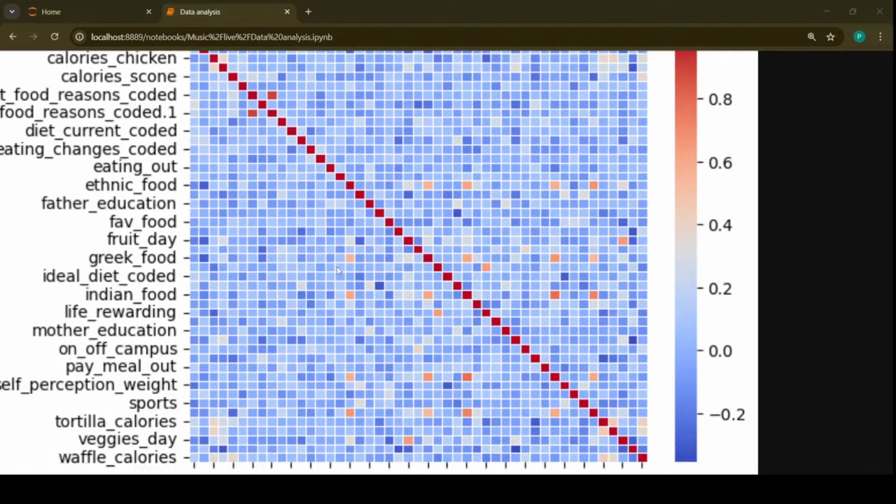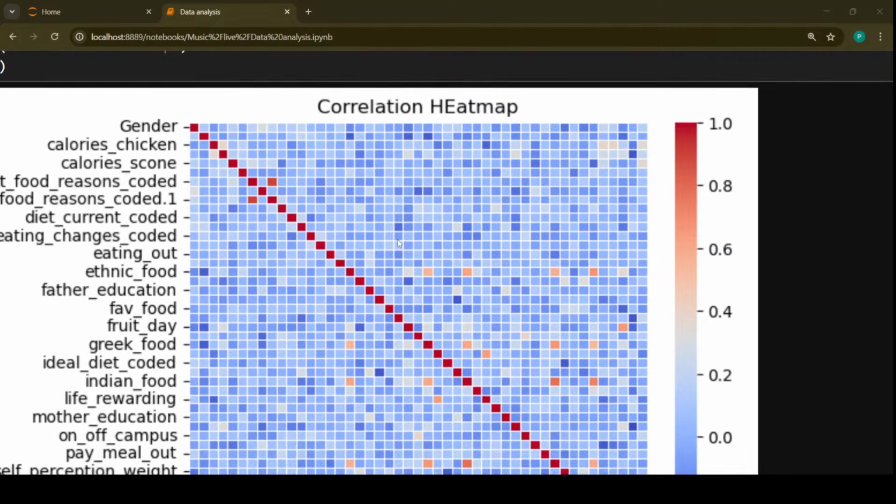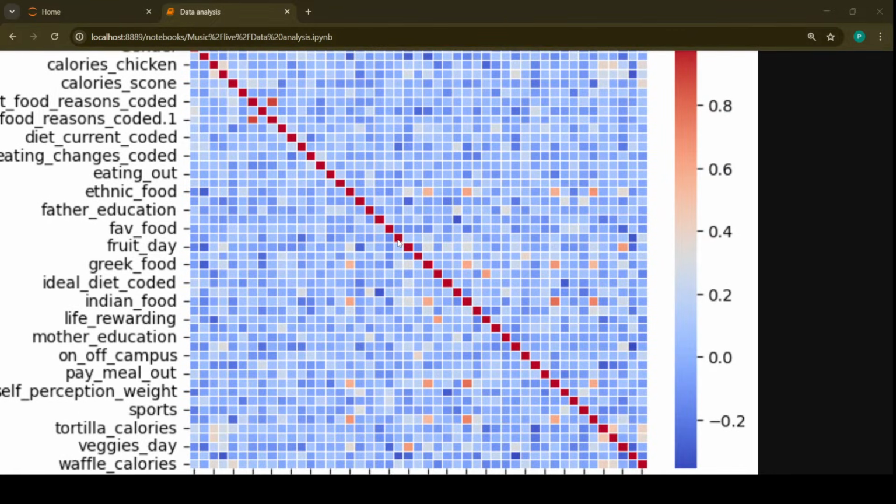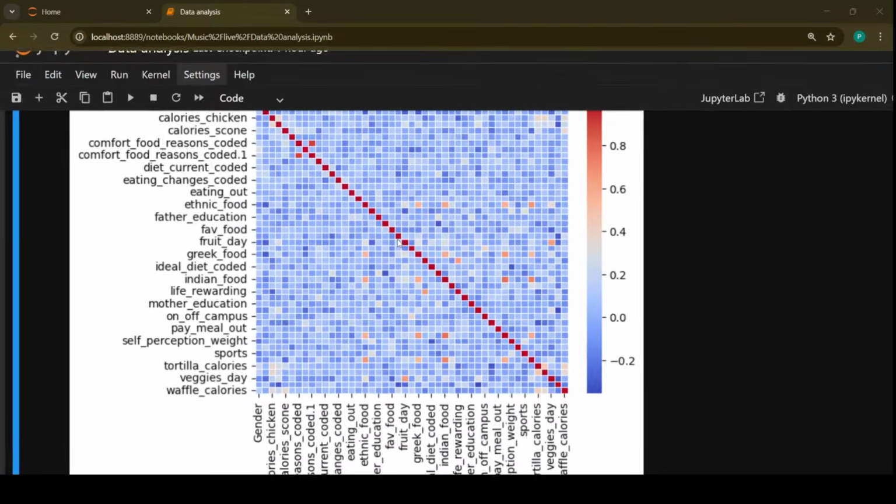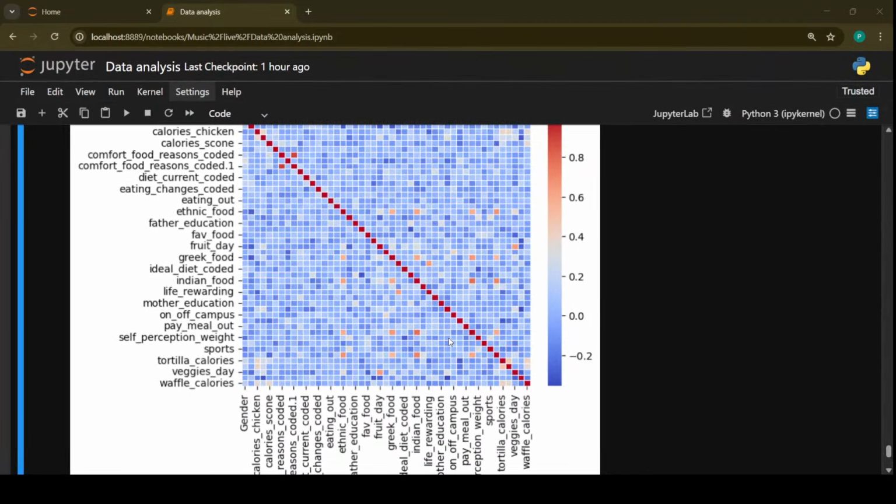Okay, and then based on that, as you can see, there are many columns, so it is not quite that few, but this shows us that particular thing. Okay, and minus is the negative. Okay, negative means